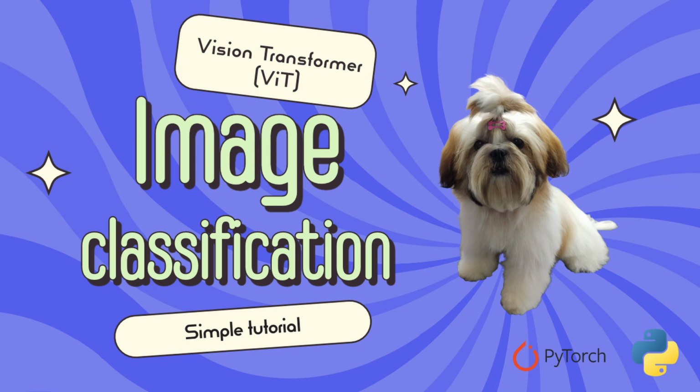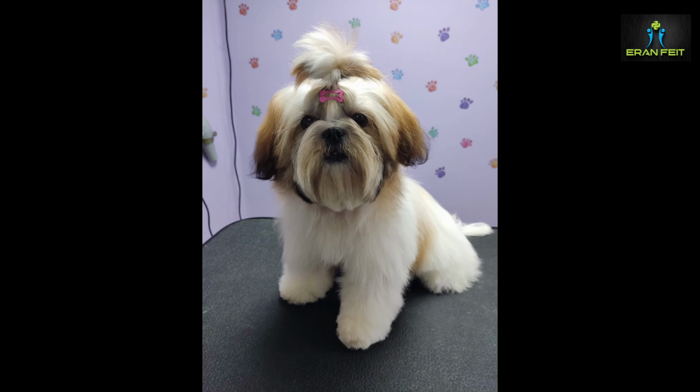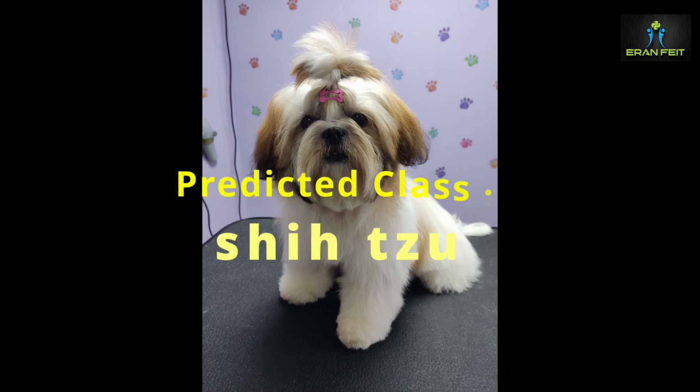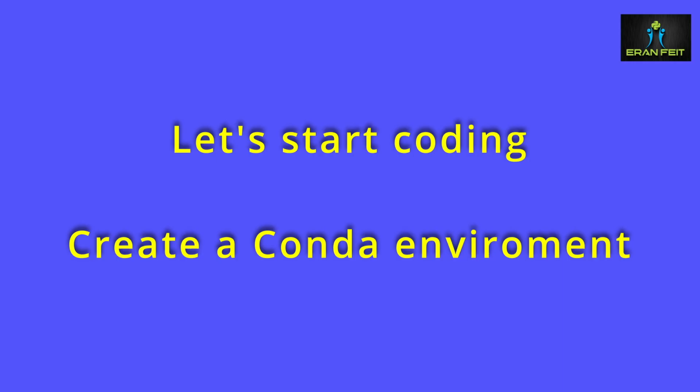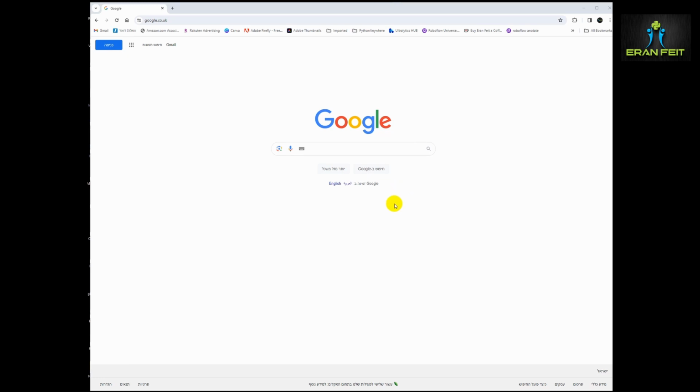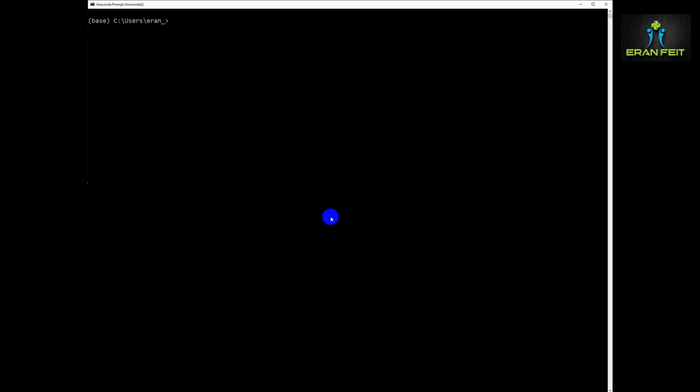Hi, today we are going to classify images using a vision transformer. We will take this image, for example, of a Shih Tzu dog, and we would like to predict this specific class of a Shih Tzu dog, not only a dog, but also the specific kind of dog, the Shih Tzu dog. In order to do that, we are going to create a Conda environment